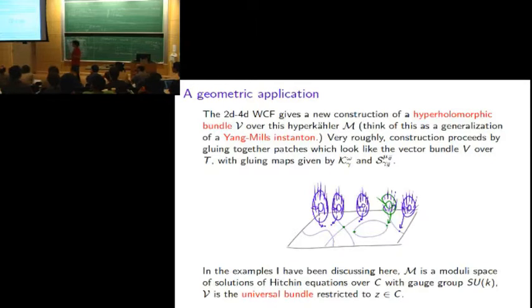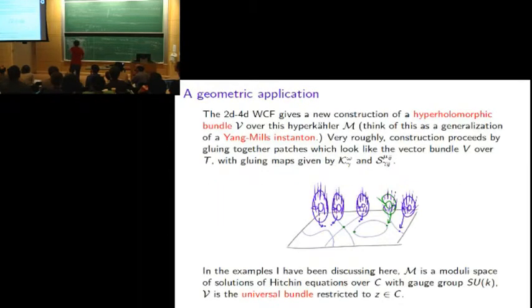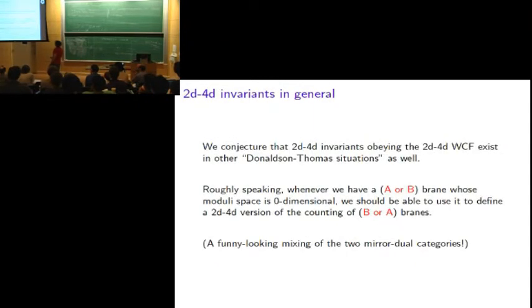That's naturally a hyperholomorphic bundle over the moduli space. OK. Now, the last point is I feel like we should try to make some statement about what you expect in general. So here I've laid out what we think is a 2D4D wall crossing formula. There's some extension of Donaldson-Thomas theory. But I should say a little bit about how it should show up in situations other than the specific situation I've been describing. So what I say now will be much more tentative than everything we said before.